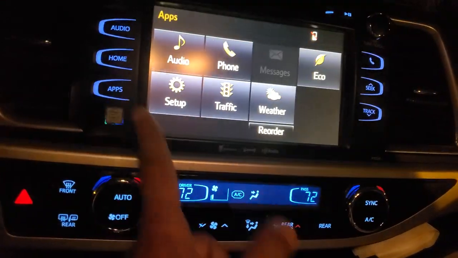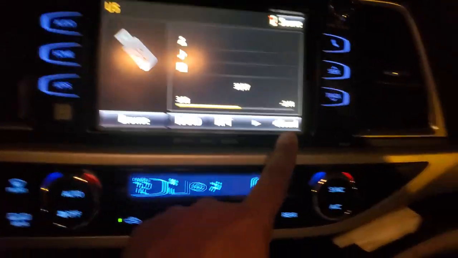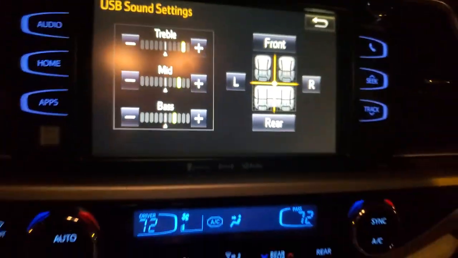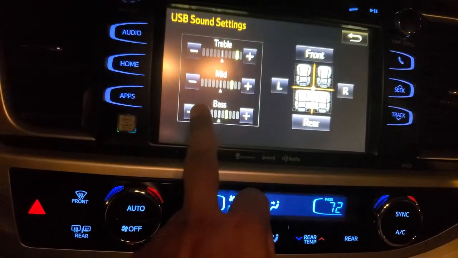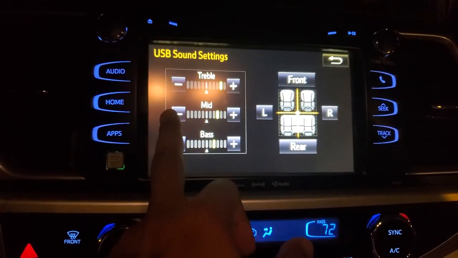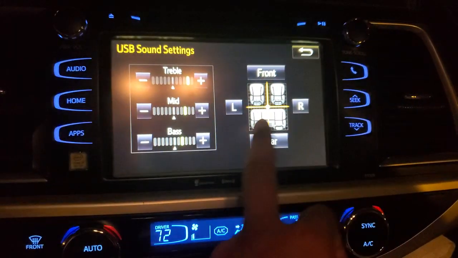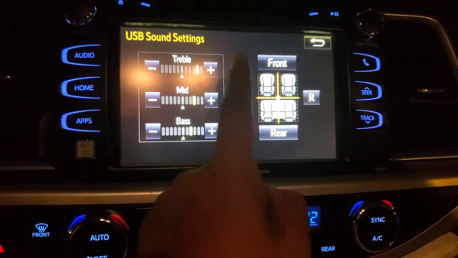Then we have in the audio, we have sound options also. So this is for the equalizer. The sound quality you can manage, like bass, and then the mid, and then treble, and then we have the surround sound, like where you want most of the sound coming from.